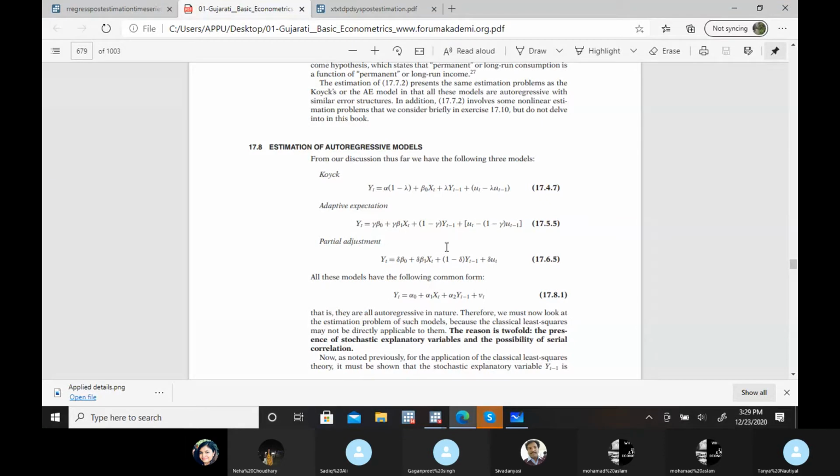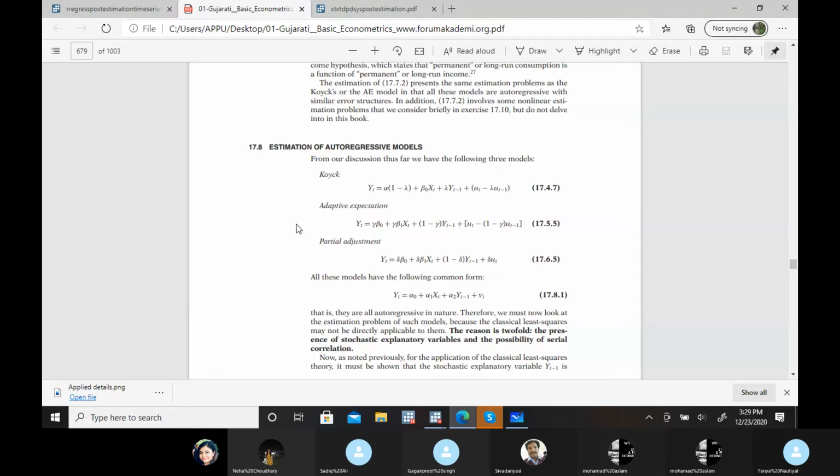At many places you will read this, like if you read this particular chapter from Koutsoyiannis, they have described it as the endogenous approach, meaning in this process we now have one endogenous variable in all the models. And Almon's approach they have defined as an exogenous approach, like we are working with the lagged value of the independent variable only, not the dependent variable. That's another difference in these two approaches.